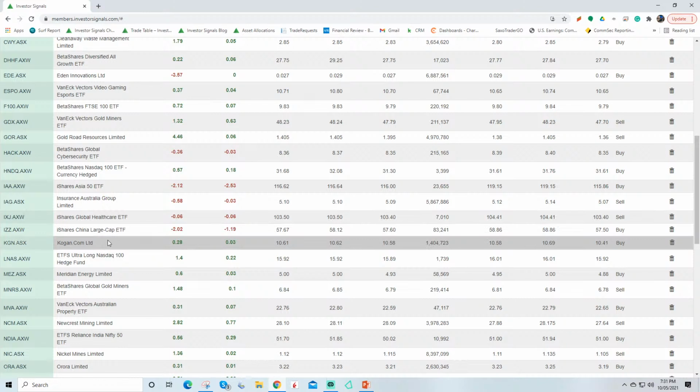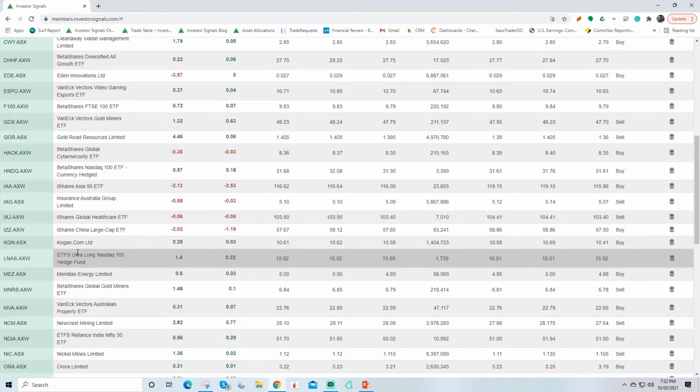Kogan, we haven't really done too much here in Kogan yet, but it's corrected a long way. We obviously saw the negativity a few weeks ago about the inventory build up, but we just continue to monitor the financial guidance that the company provides and analyse their balance sheet and their financial results before getting too aggressive on a positioning around Kogan.